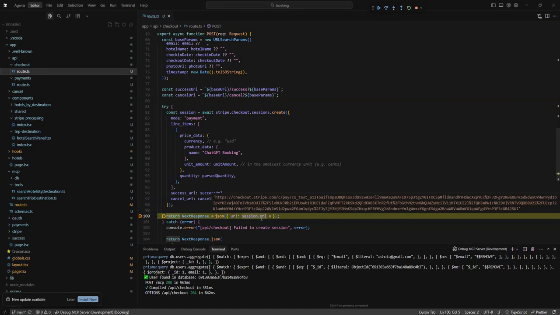And here we generate and return the Stripe session URL.